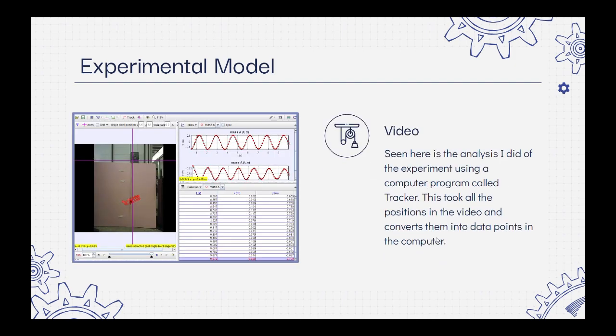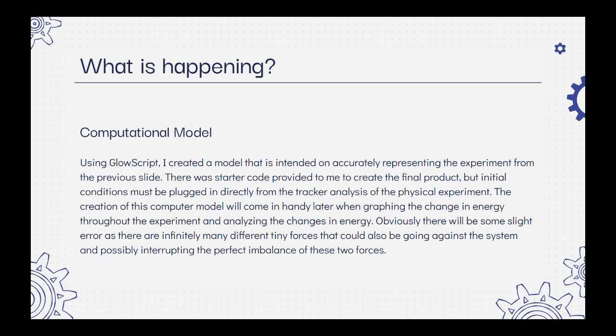So the next slide here is my tracker, which I used to track the path of the spring mass system. I just, for each frame, went ahead and took a data point, and it converts those data points into numbers in the computer. So for my computational model, I created a model that's intended to accurately represent the experimental form